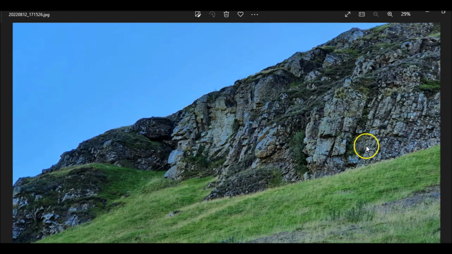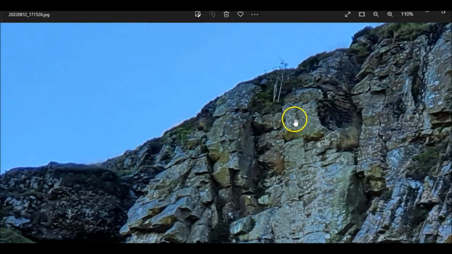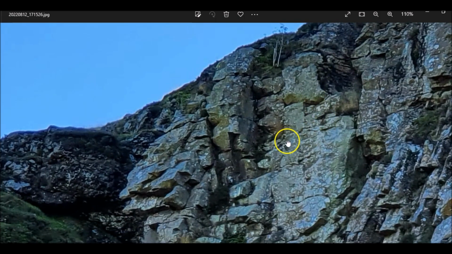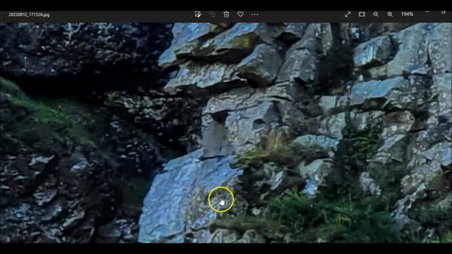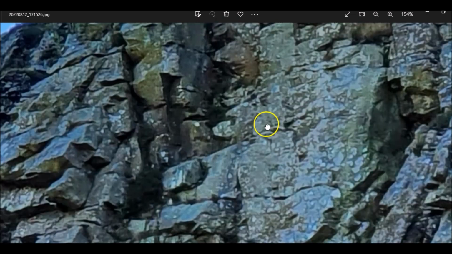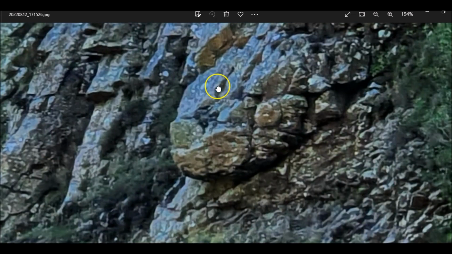What else we got? Aye. This is how lava cools down into blocks and straight lines everywhere.